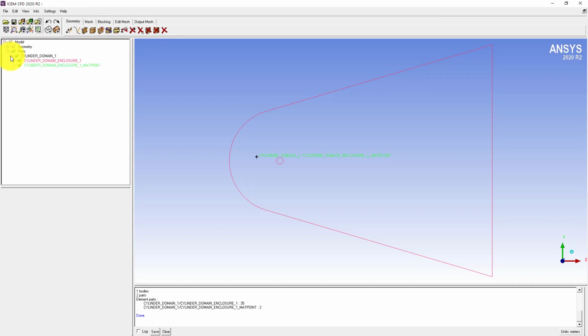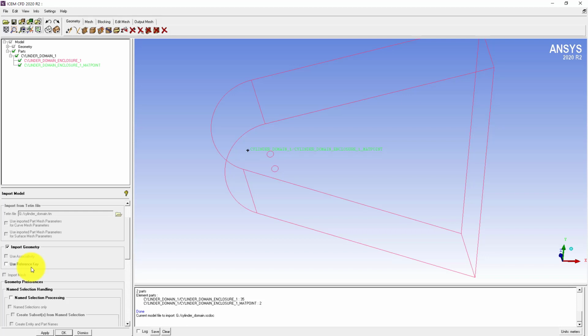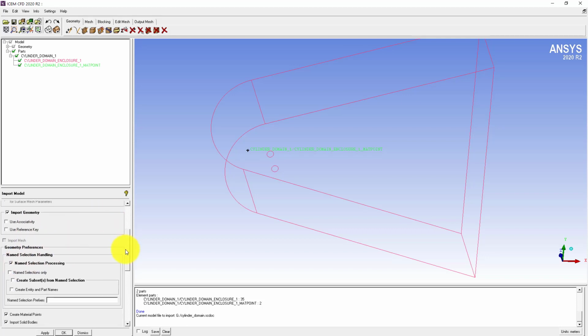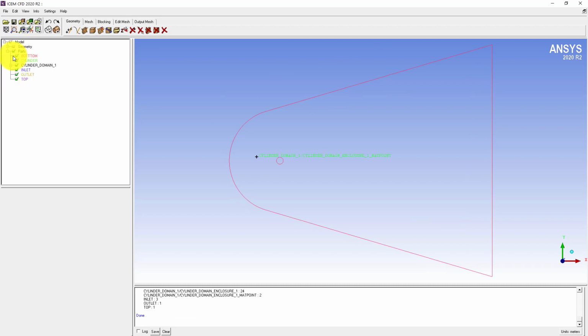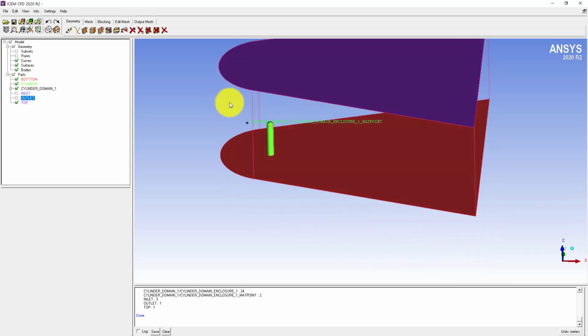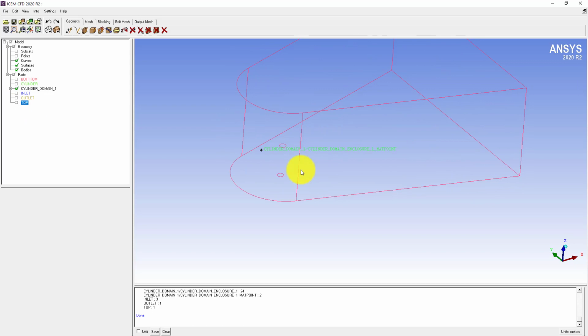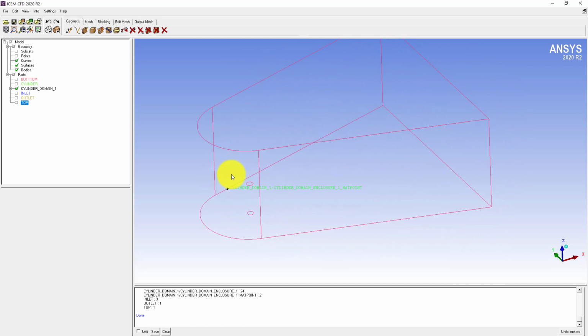You can see that we have this domain with us. But I can see that the boundary conditions are not imported as name selections. The problem is that while you import the model, you must select the name selections, so that name selections are imported as well. So now again click on Apply and replace the old geometry, and now you can see that we have these boundary conditions with us: bottom and inlet, this is the outlet, and this is the bottom cylinder and the top boundary. So all these boundary conditions are now exported from SpaceClaim, and we get them in ICEM CFD.